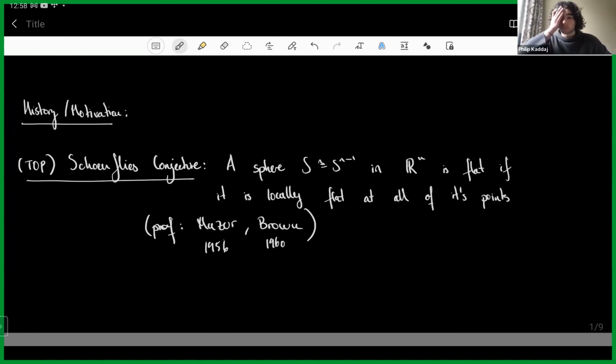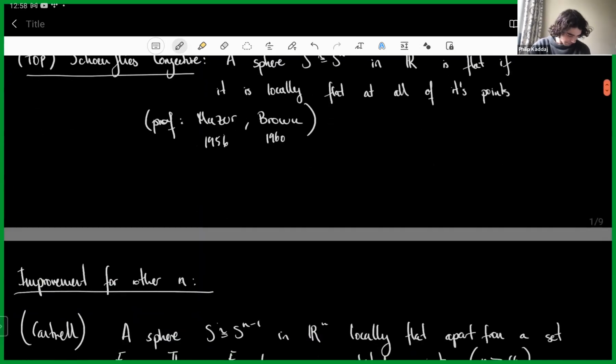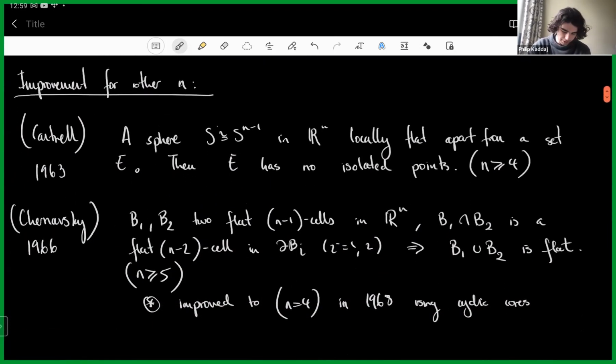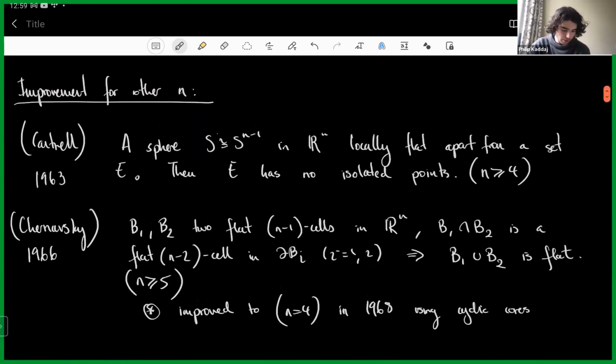So this was proved by Mazur and Brown independently, with completely different techniques. Brown used some properties of cellular sets, and Mazur used an infinite connected sum. This theorem was then strengthened by Cantrell, which says that if we restrict ourselves to considering n greater or equal to 4, then a sphere that is locally flat away from a set E,